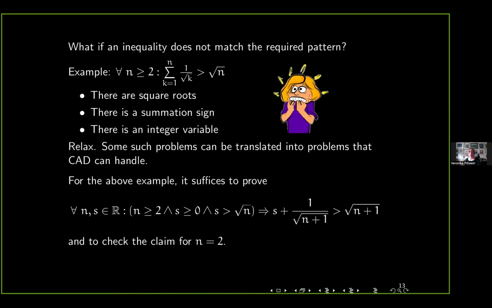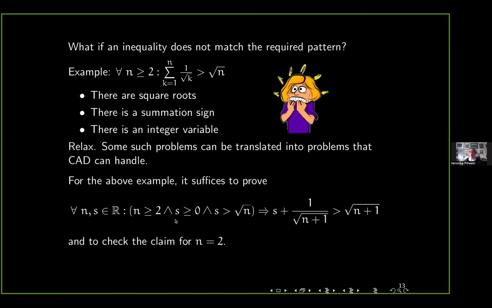So how can we invoke CAD to verify such an inequality? First of all, the integer variables are generalized to real variables. The S here stands for a new variable that is introduced for the sum. And then what this formula says is, I want to prove that for all n greater equal 0, real,